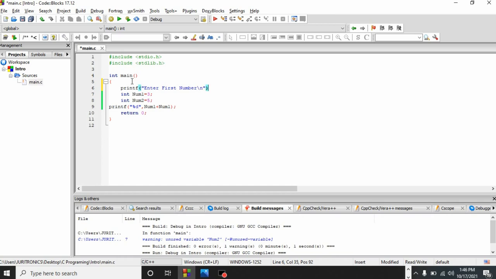Then we grab that number by scanning it, and we have to specify the data type. We also have to add the variable that is going to hold it,